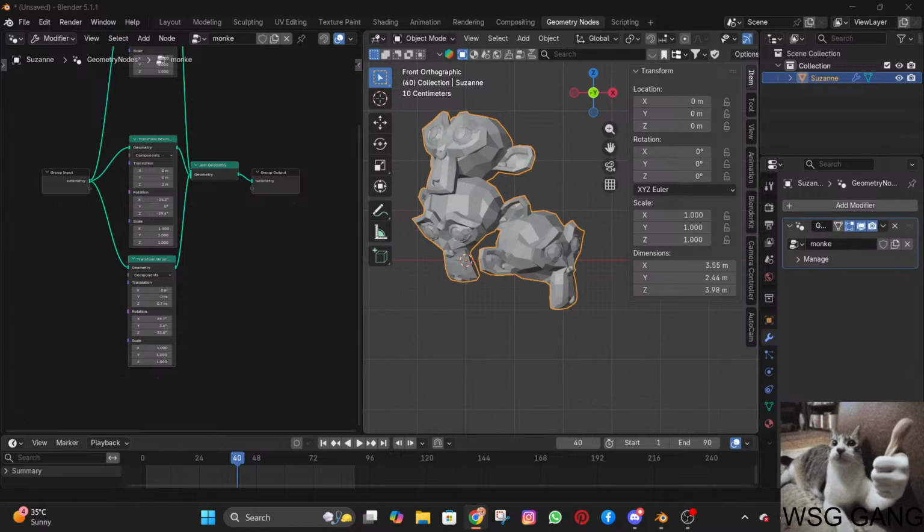Sure. One more Suzanne head stacking up here. So basically what I'm trying to do is make one simple pile of Suzanne heads arranged in a